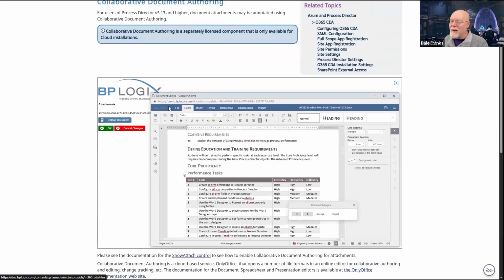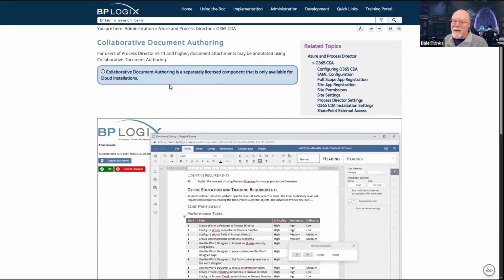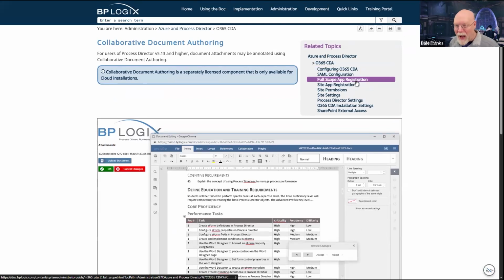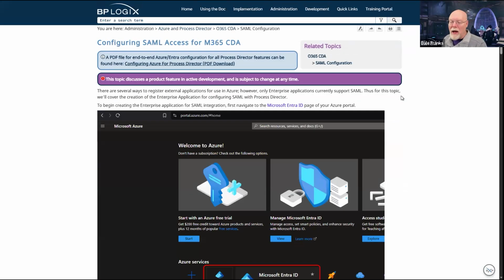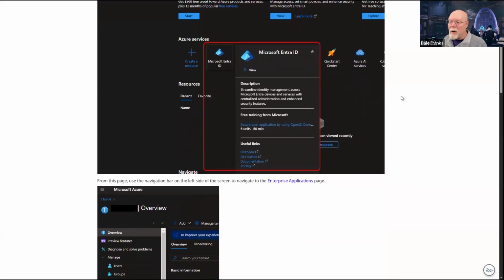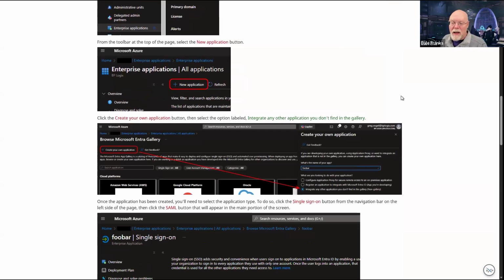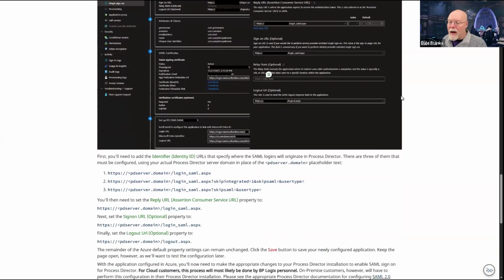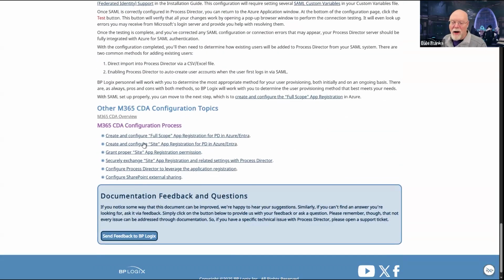In fact, if we scroll back up from this CDA page, there's configuring SAML configuration, registering the full scope app in Azure, registering the site level app in Azure, site permissions, site settings, and then finally Process Director settings that you might have to make. So there is quite a lot that has to be done. As you can see here, most of this has to be done in Entra, setting up SAML single sign-on and things like that.